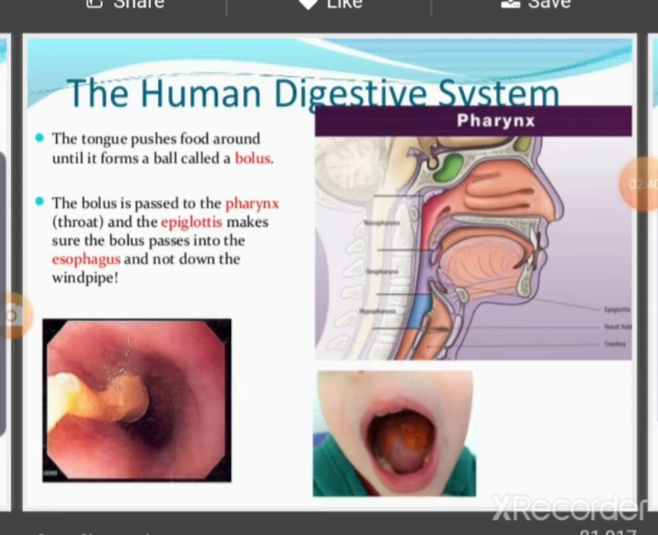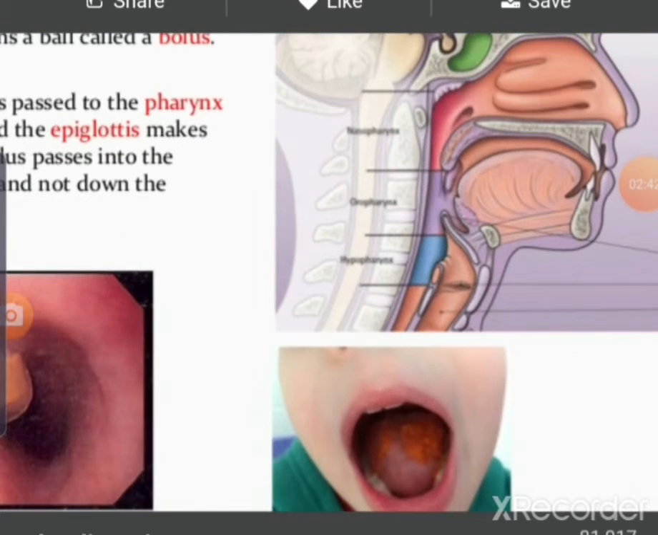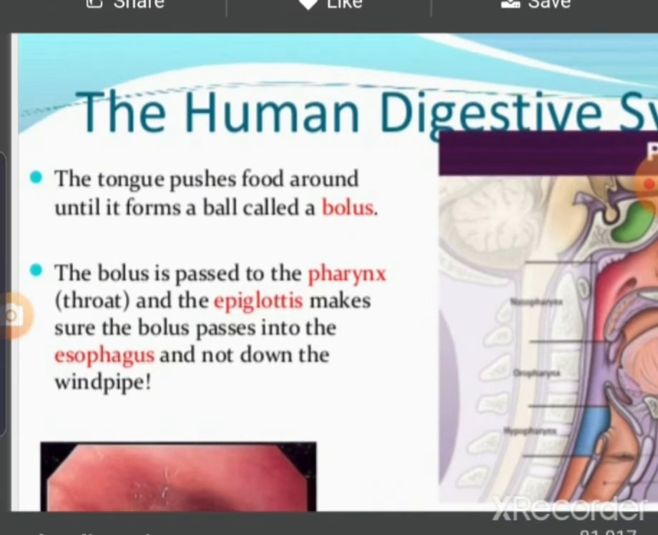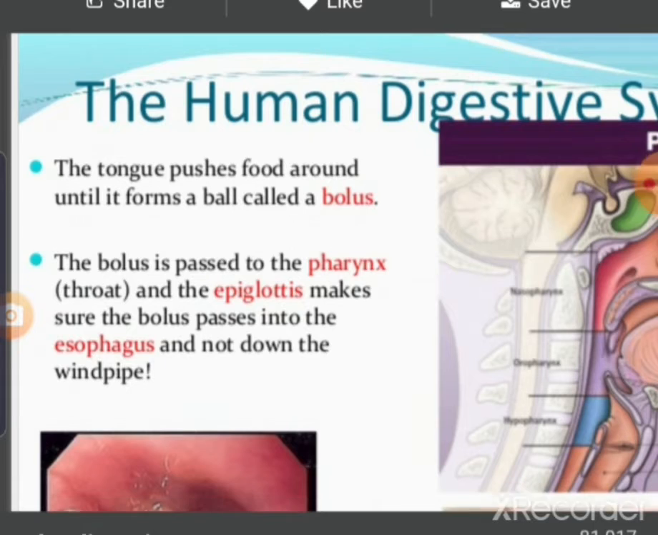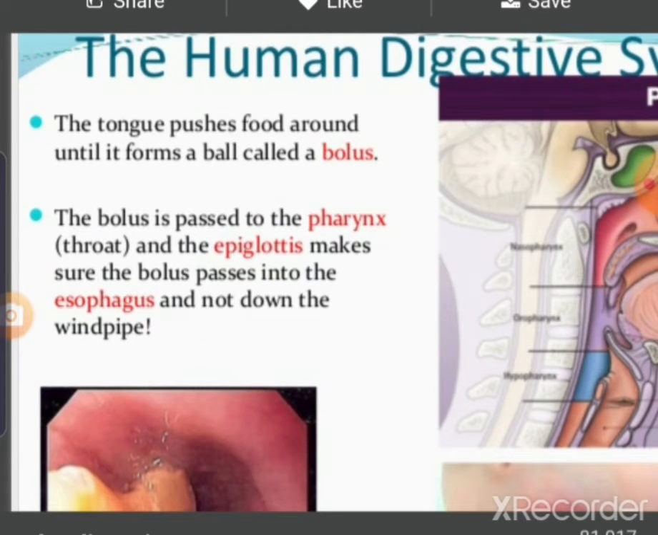Okay. So the tongue pushes the food around the mouth, and it forms a ball called bolus. So what is the bolus? It is the simpler form of food that is mixed with saliva. The tongue pushes the food around and forms it like a ball, so that is called the bolus. So the bolus is passed to the next part, the epiglottis, and